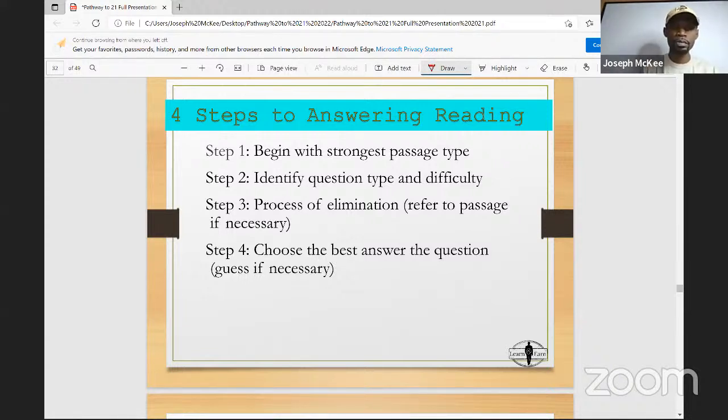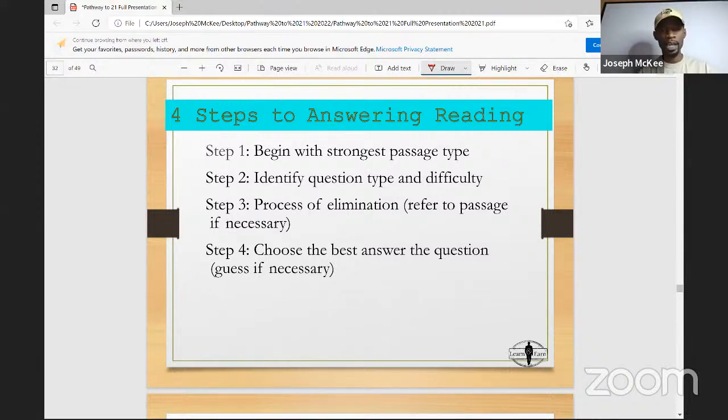Step 2, identify the question type and the difficulty. Some of those questions are real straightforward. You should be able to get them right. Some of them cause you to have to review the passage as a whole, and it may be a little bit more difficult. You may want to do those last. Step 3, process of elimination. Refer to the passage if necessary. Again, we want to find the answers that are incorrect first to make sure we're getting the best answer, which is step 4. So after we've eliminated all of the wrong answers,